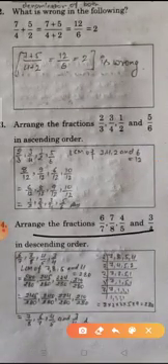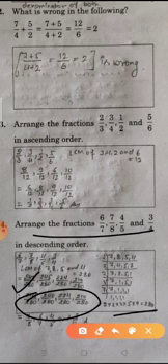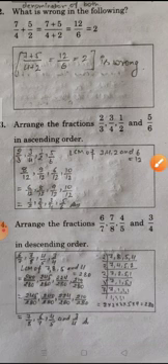So student, question number 14. Arrange the fractions 6 upon 7, 7 upon 8, 4 upon 5 and 3 upon 4 in descending order. So first we find the LCM of 7, 8, 5, 4. The LCM is 280. So now we make all the denominators 280. So these are the denominators and numerators. Now arrange the numbers in descending order. These are the original numbers. So student, there are 4 or 5 questions that will cover this type of question in this video.